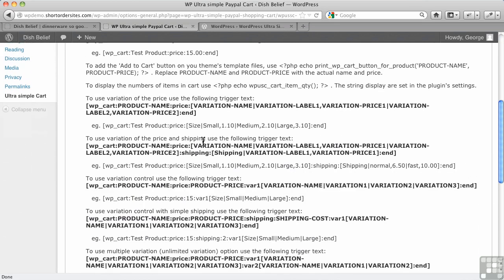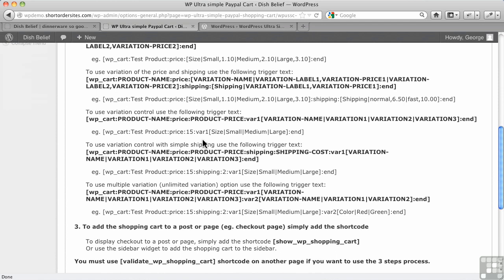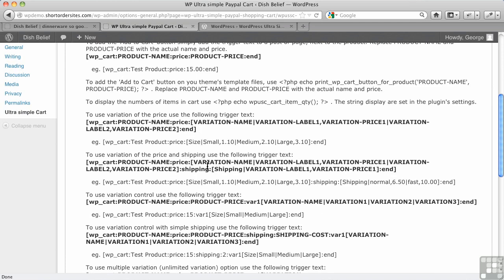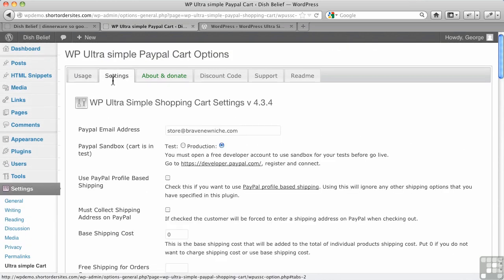Now the usage, by the way, I'll just mention, it does have most of the short codes you're ever going to need are here, so it has pretty good documentation that way. I find it a little hard to read, just the way it's laid out, but it's all there and all usable from that page. Now we go to Settings. And what it's going to do here is it's going to insert PayPal email address. Now it will actually put in your admin email from WordPress, but because I had the other plugin installed, notice it shares some of the similar options here. It's actually remembered from the previous plugin, it's remembered my store email address, and it's actually inserted it there.